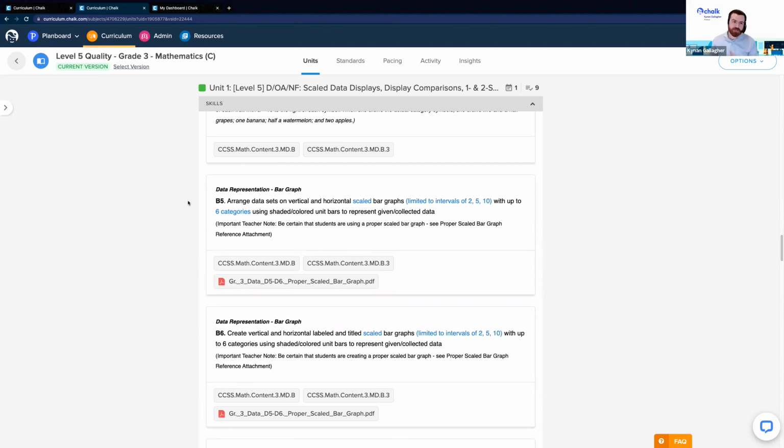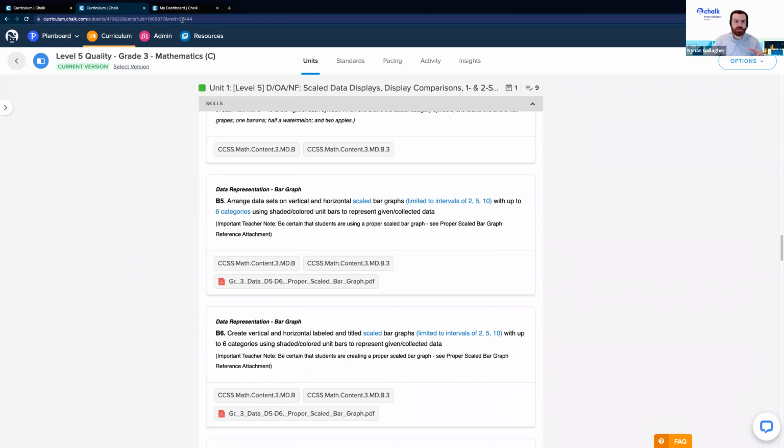And one of the things that's unique with Chalk is that you can take this content that lives in the map and use that in your day-to-day lesson planning. So as a teacher, when you're creating your lesson plans for your students, you're able to use all of your maps and create lesson plans with everything that's been laid out here. So I just wanted to walk through a very quick example of what that would look like.